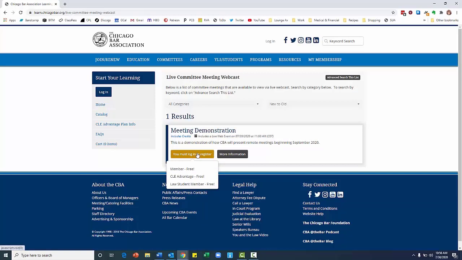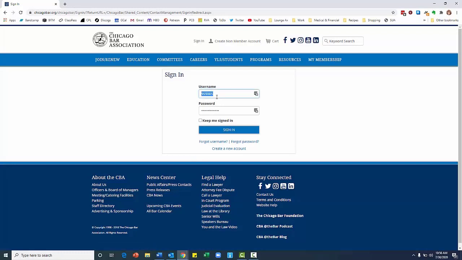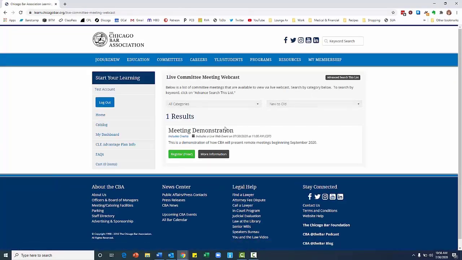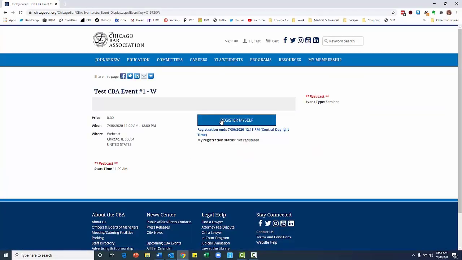So first you have to log in to register. So I'm going to click log in to register. I'm going to type my username and password and sign in. So now the register button is green instead of yellow, so I'm going to hit register and then register myself